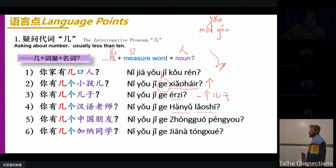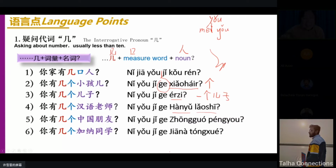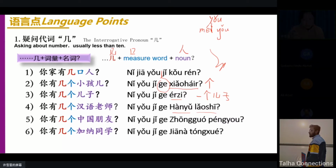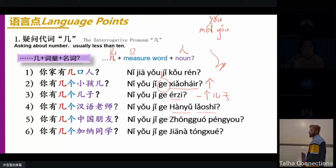Someone said, can you answer in a sentence? I have one Chinese teacher. I have one teacher teaching Chinese. 我有一个汉语老师。Good, very good. 我有一个汉语老师。Okay, say it. 我有一个老师。Oh, you have one teacher. 我有一个汉语老师，汉语老师。